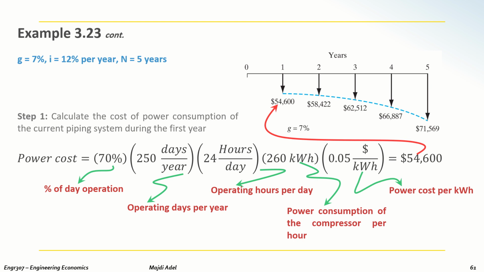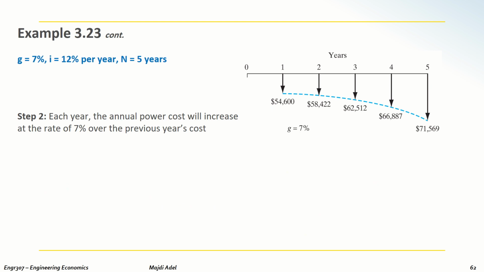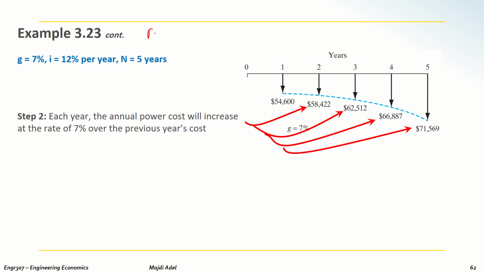Okay, now the second step is I need to calculate the power consumption during the remaining years. This is a geometric gradient, and the power consumption is going to increase by 7%. This means that also the cost is going to increase by 7%. So just 54,600 multiplied by 1.17, I will get 58. Okay, at n equal 1 is going to be